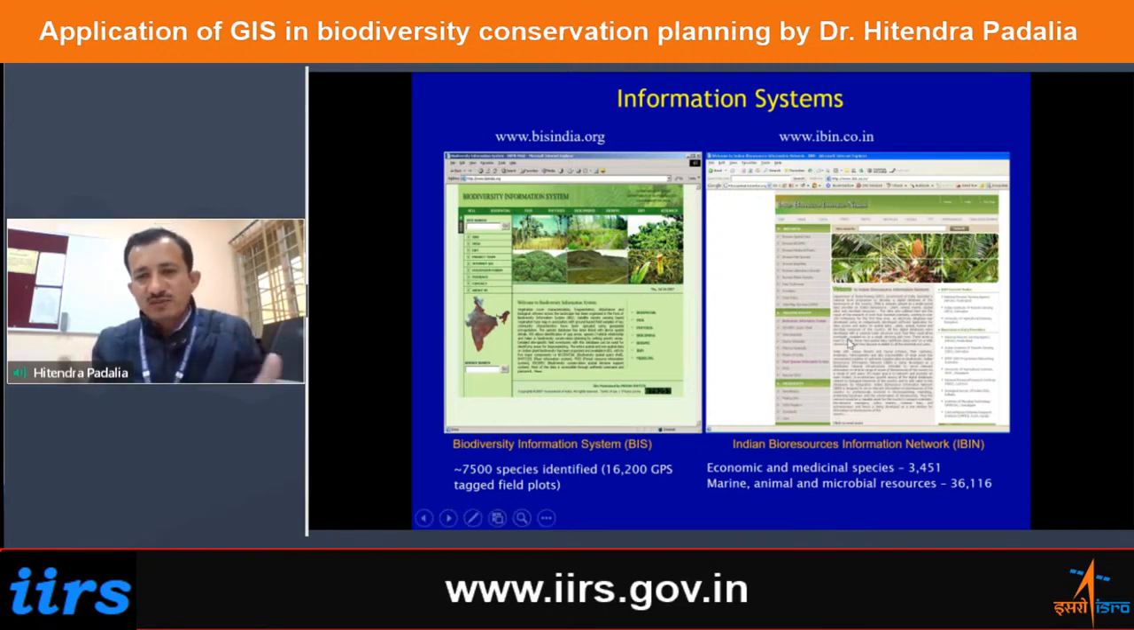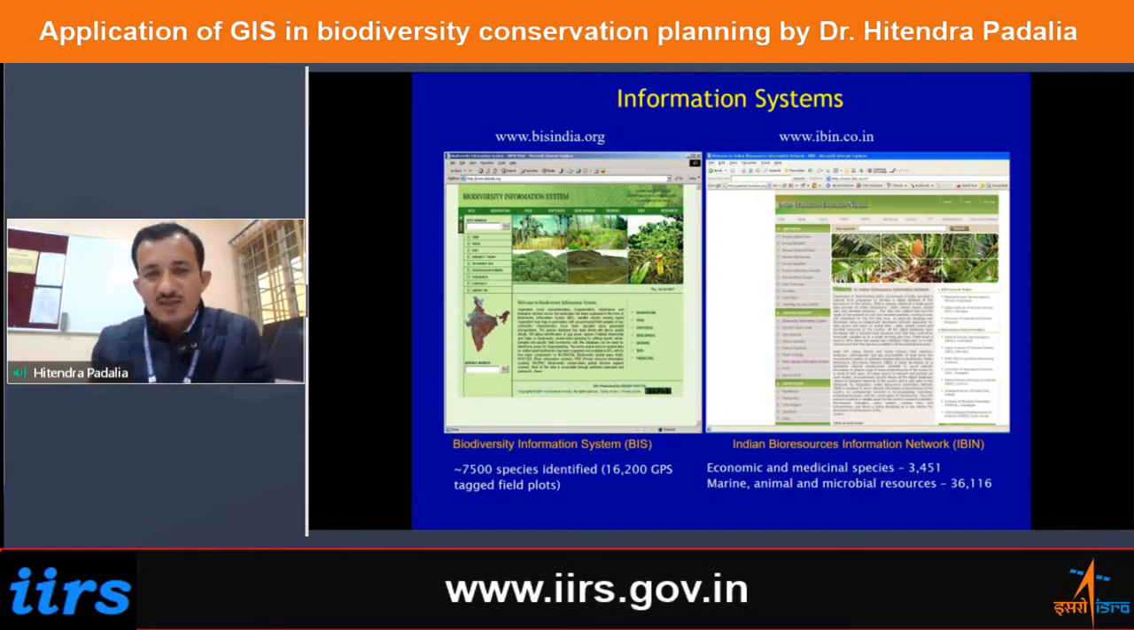And one such attempt is this Indian Bioresource Information Network. Multiple organizations have given their database here, and now there is flexibility that, for example, I can overlay my plant species database on the forest cover map of the Forest Survey of India. This kind of technology, we call it web GIS, allows data to be shared among the researchers in a predefined template where data will be systematically stored,